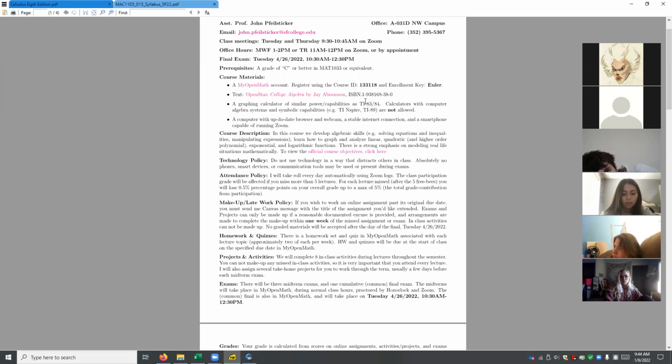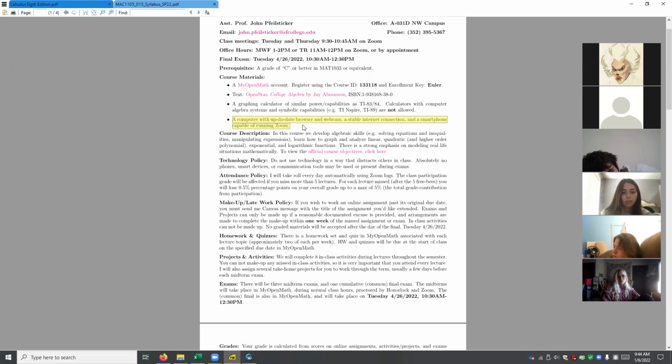So if you're having a hard time getting a graphing calculator or finding one that is affordable, let me know. I have 4 of them in my drawer here. I can lend some of them out. And we can also loan them through the college. The library has a system that allows you to check out calculators, but I believe it's for a limited time. So if you're having trouble getting your hands on an acceptable graphing calculator, again, the TI-Inspire, 89, the fancy ones are not allowed. We need one of the basic ones. If you're having a hard time finding an affordable one, just let me know and I'll help you.